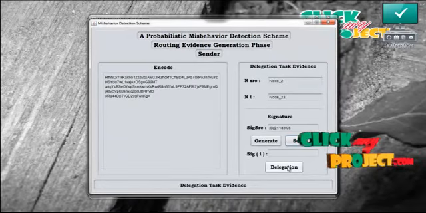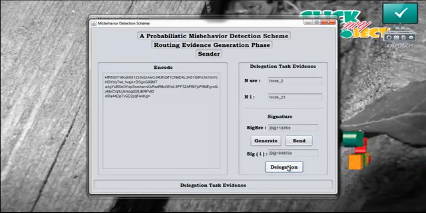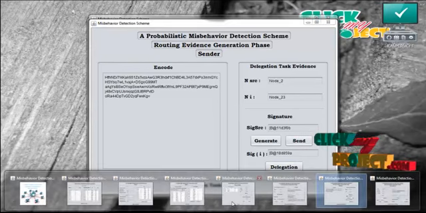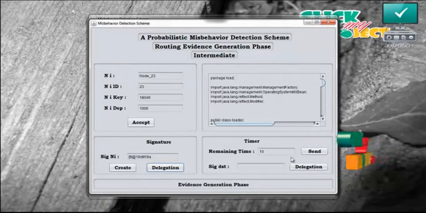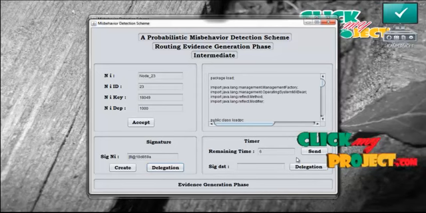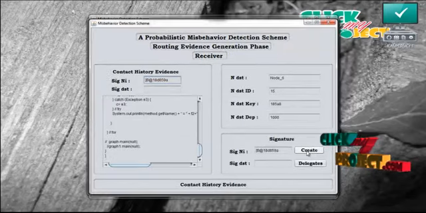Now press delegation in the sender, so that the signature of the intermediate is received in the sender. And then if the delegation is started, the timer, that is the stopwatch, is started, that is the delay time. Now press send.